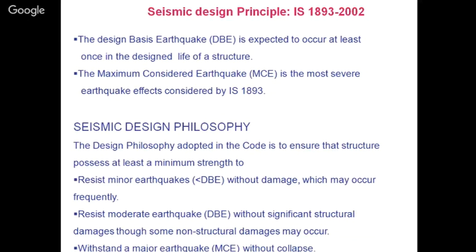Seismic design principles as per IS 1893-2002: the design basis earthquake, DBE, is expected to occur at least once in the design life of a structure. The maximum considered earthquake, MCE, is the most severe earthquake effect considered by IS 1893. See, as it is clear, the design basis earthquake is considered at least once in the design life of a structure, and MCE is the most severe earthquake. That means from DBE to MCE, the forces, the load, is increasing. Usually only DBE is considered